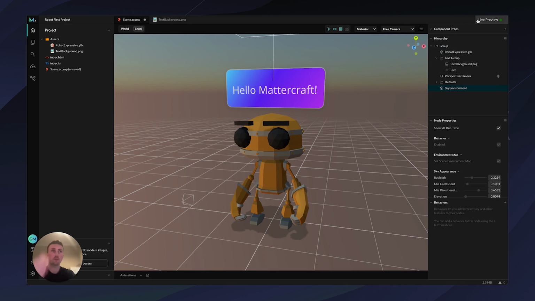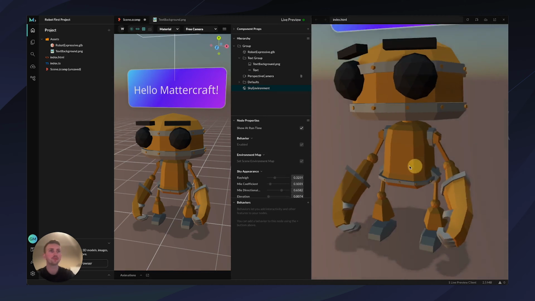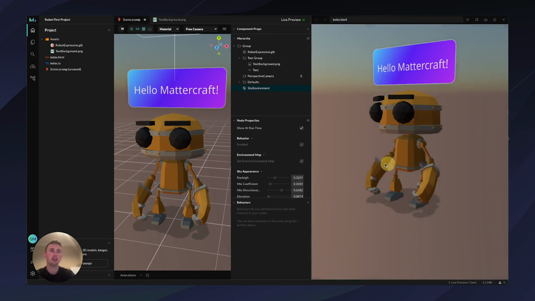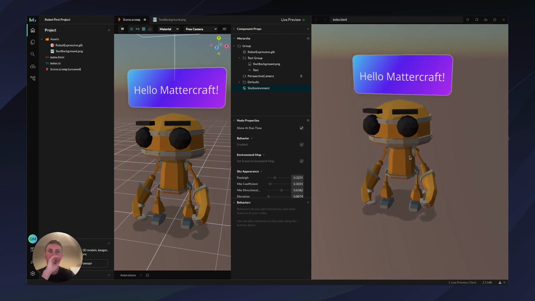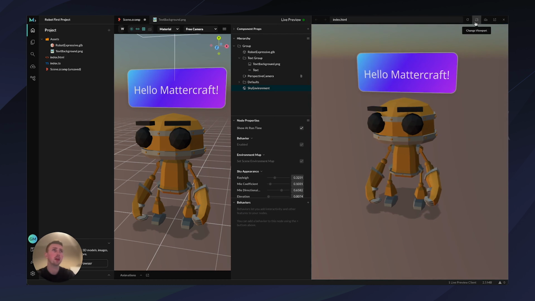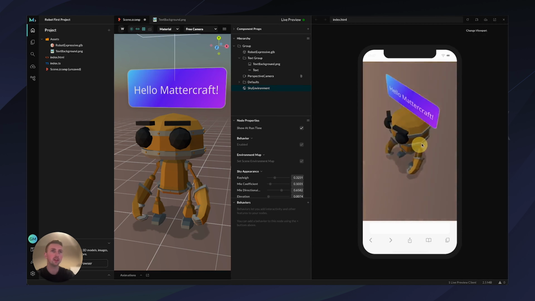And if we click on the live preview button up here, go to Open Simulator and click Launch, you'll see that we can have a look at how this project setup is looking in the live preview simulator. One great thing about the preview simulator is we can also change the viewport up here. If we wanted to see how this will look on, let's say, an iPhone X, this will give us a good representation of how this will look on an iPhone X without us having to scan it and launch it on an iPhone X, especially if we don't have one.